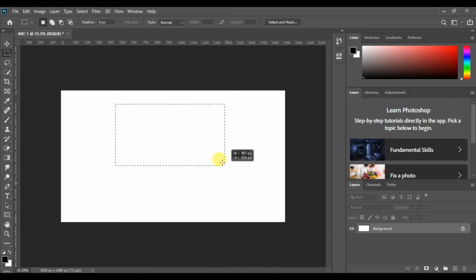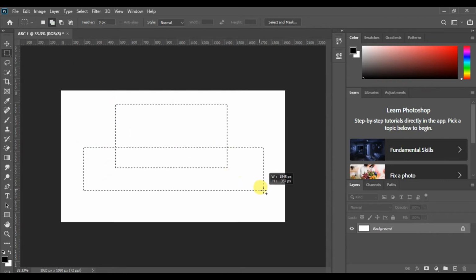Now again have a look on it. You should practice it 2 to 3 times so that you can have a grip on it.